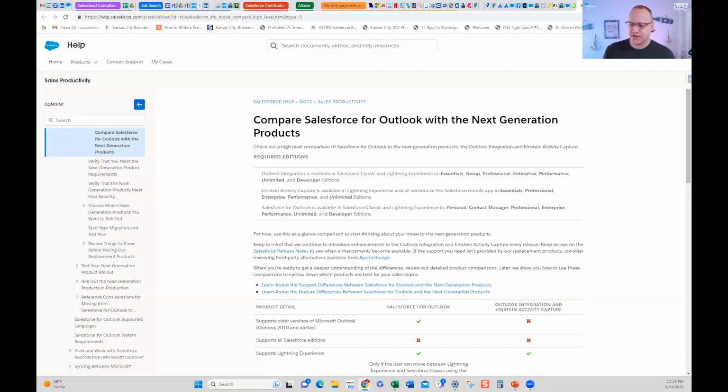From a consultant standpoint, at this point, and to Pearl's point, you probably wouldn't implement or recommend an implementation of Salesforce for Outlook at this point. But